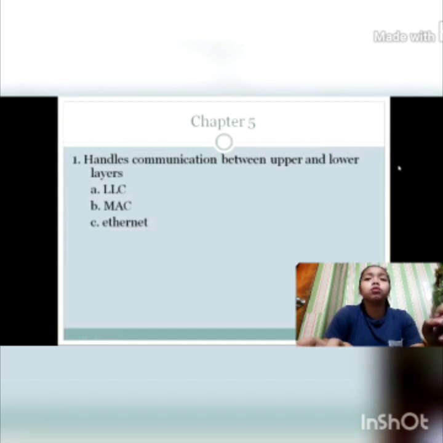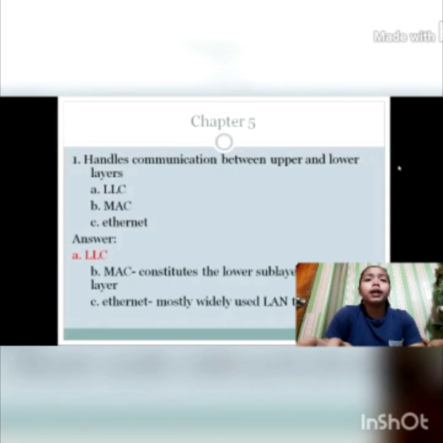So let's proceed to chapter 5. Number 1, handles communication between upper and lower layers. A, LLC, B, MAC, and C, Ethernet. The best answer is